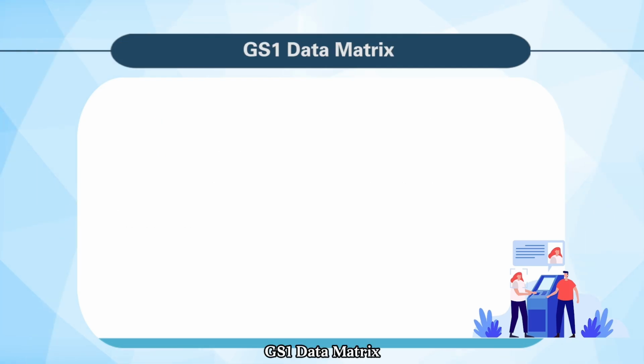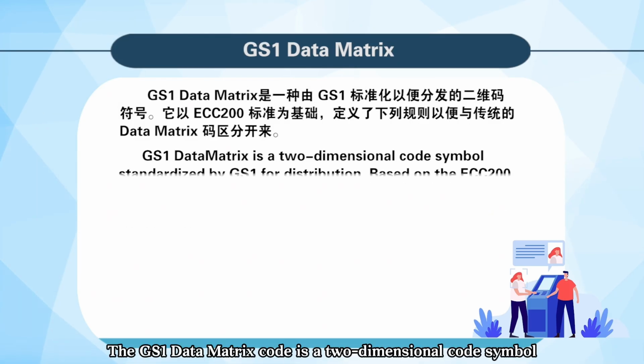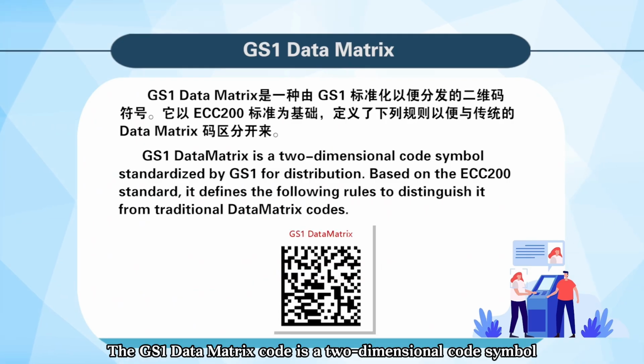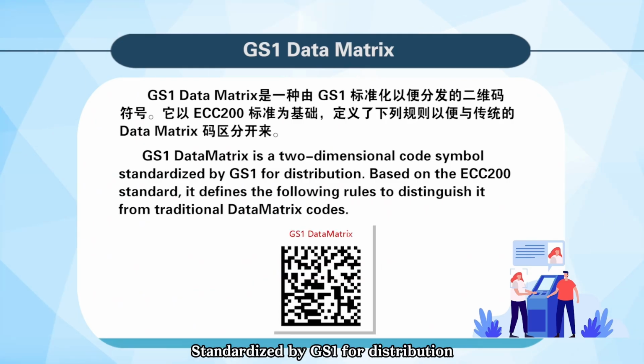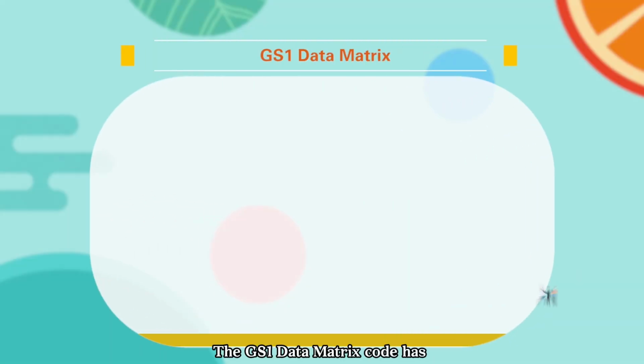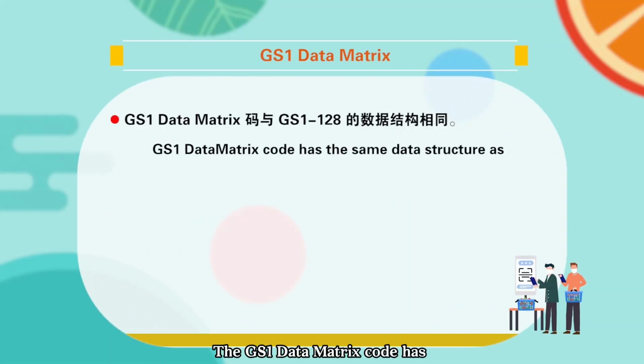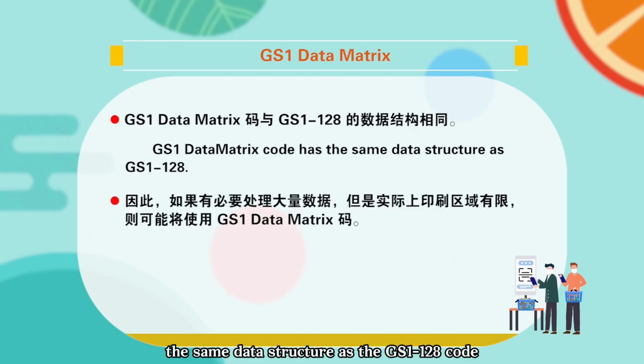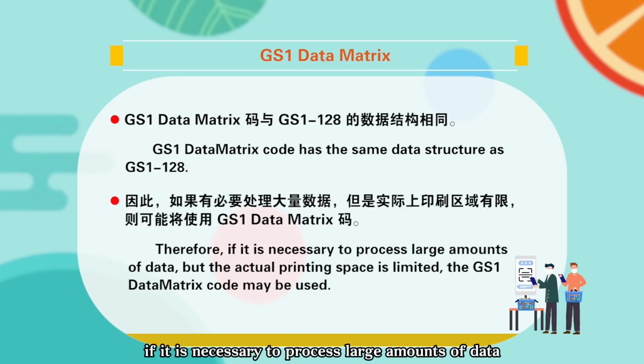GS1 DataMatrix. The GS1 DataMatrix code is a two-dimensional code symbol, standardized by GS1 for distribution. It is based on the ECC200 standard and defines the following rules to distinguish it from traditional DataMatrix codes. The GS1 DataMatrix code has the same data structure as the GS1-128 code. Therefore, if it is necessary to process large amounts of data but the printing area is limited, you can use